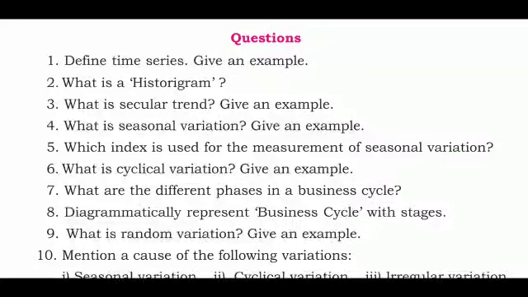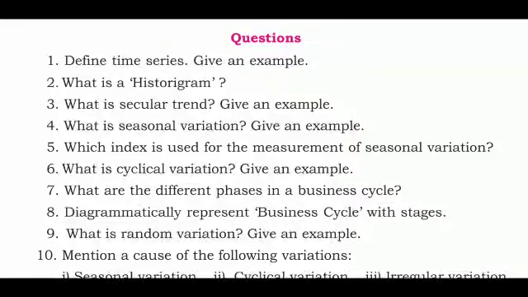Now what are the things you need to remember in time series? The first and foremost, you have to remember the definition of time series. The important components, there are 4 components in time series. The first one is the secular trend, the second is the seasonal variation, the third is the cyclical variation, and the fourth is the irregular variations. Among these 4 components, the first one, the secular trend, is the one which we are studying in detail. Secular trend has got 4 methods.